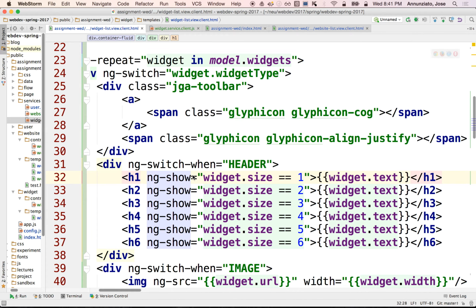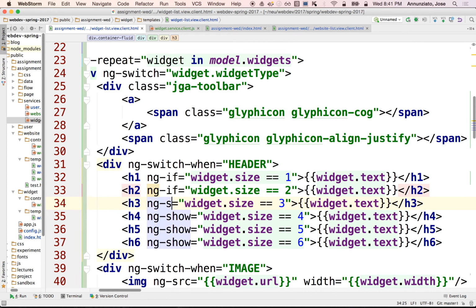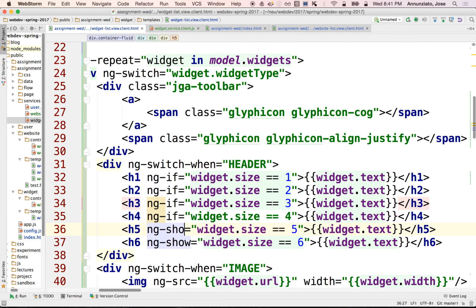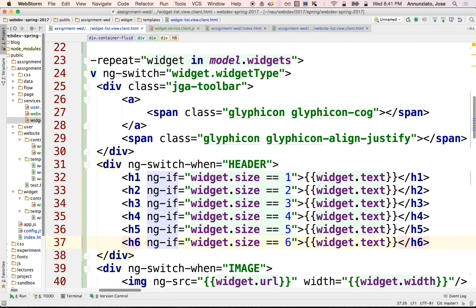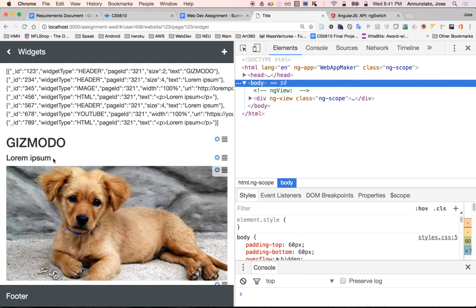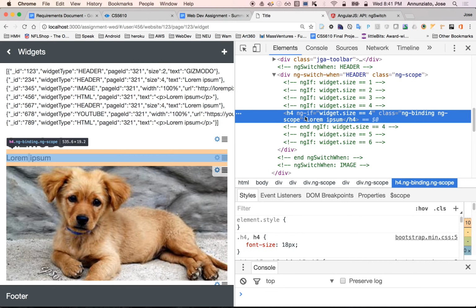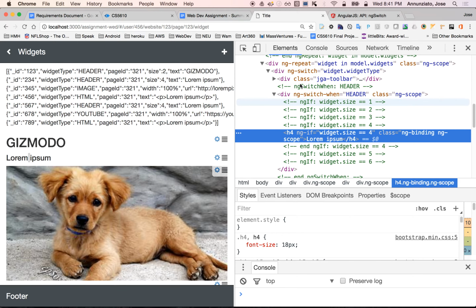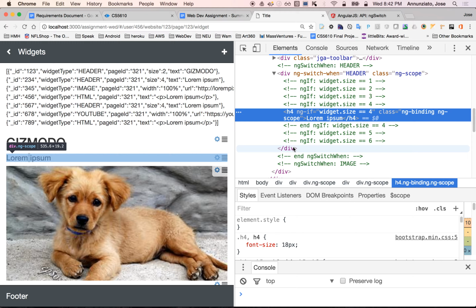So in this particular case, instead of ng-show, we might want to consider using ng-if. ng-if will have the same exact effect, but it will first pre-evaluate the expression. If the expression is true, it will add that particular element to the DOM. If the expression is false, it won't even add it to the DOM; it will be removed from the DOM. So if we re-render, on the left-hand side you get the same exact effect. You have H1, H2, H3, and whatnot. But if you look at each one of these, you'll notice that they're not even there. They have comments for the infrastructure to know that these have been removed. They would have been part of the DOM, but they're not there. Only H3 is there. So in this particular case, ng-if would be a better